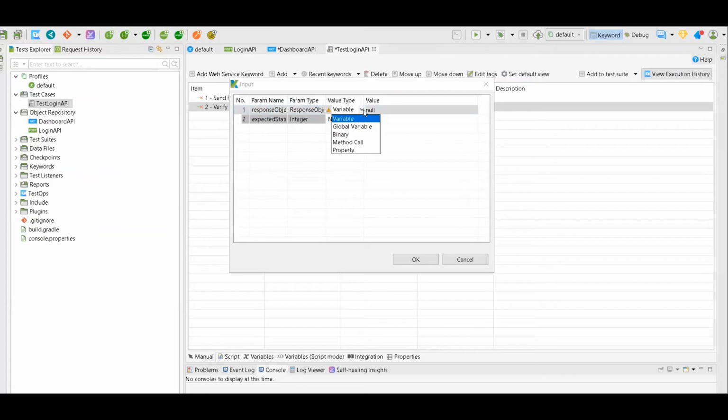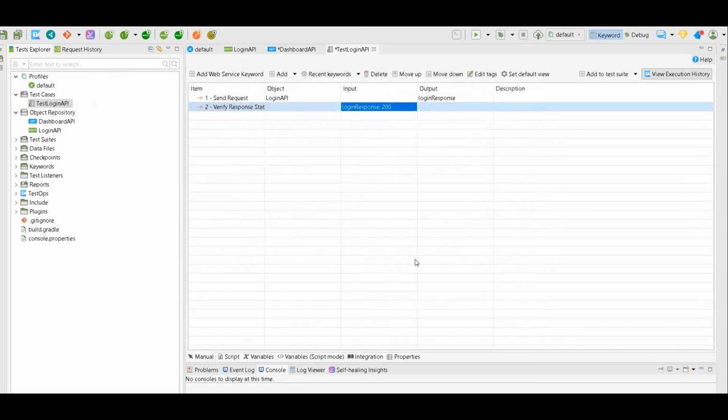So in our case, what is login response? And you want to verify that the number is 200.